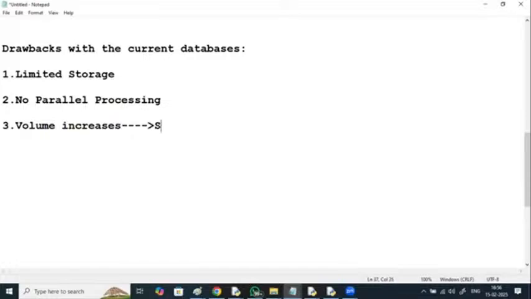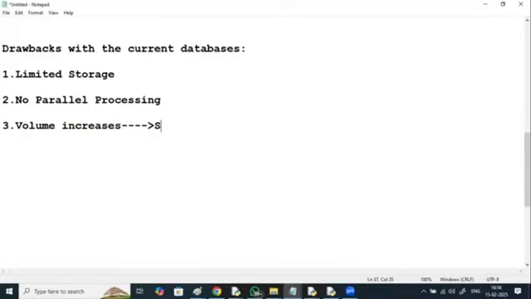For example, try to check with this query. Select total amount from sales one, which has got 10 records.